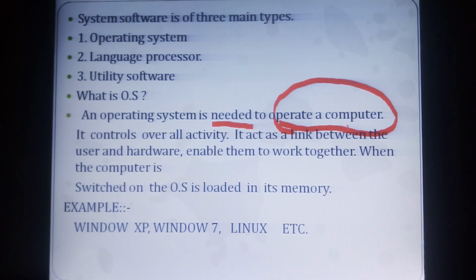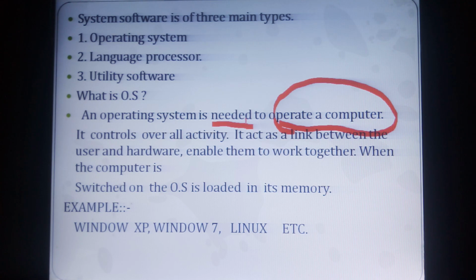It controls overall activity. Now next point. Understand, children, an operating system is needed to operate our computer. If the operating system is not there, the computer cannot work. And this operating system controls all activities. It acts as a link between user and hardware. User and hardware, how is that? Children, suppose the keyboard, which device is that? The keyboard is one hardware device.